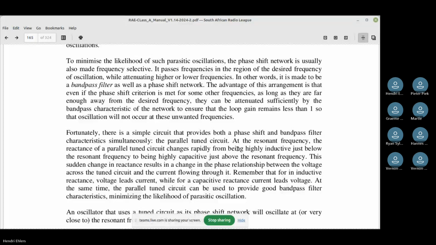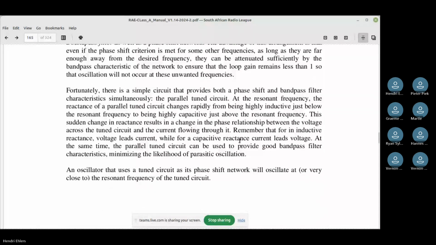Okay, parasitic that I've said, and they've combined the two circuits, so you have one circuit that does both things.